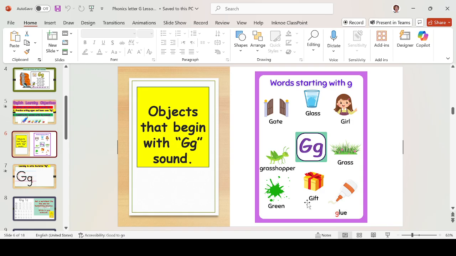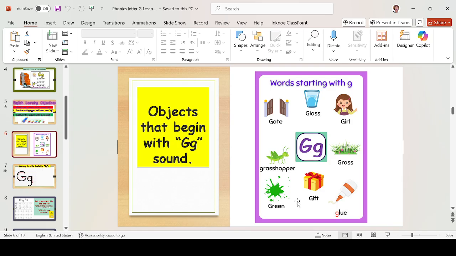And we have this one. What do we call this box? Oh, I like this one. I like to receive this one. All right. Gift. Okay. And lastly, this one. I think you have this one in your school bag. Glue. Glue. All right, so now I want you to pause the video and look around and get objects that begin